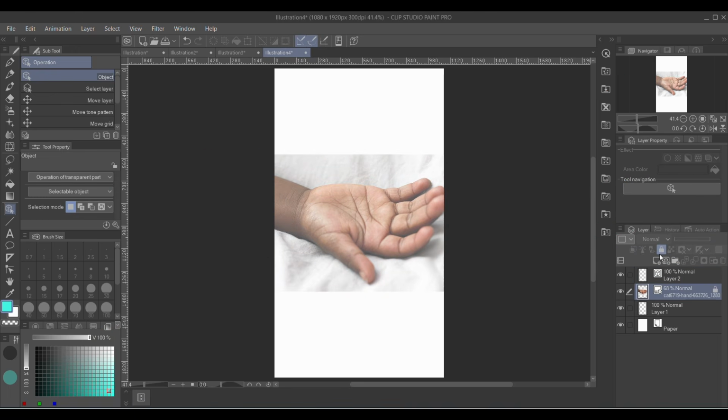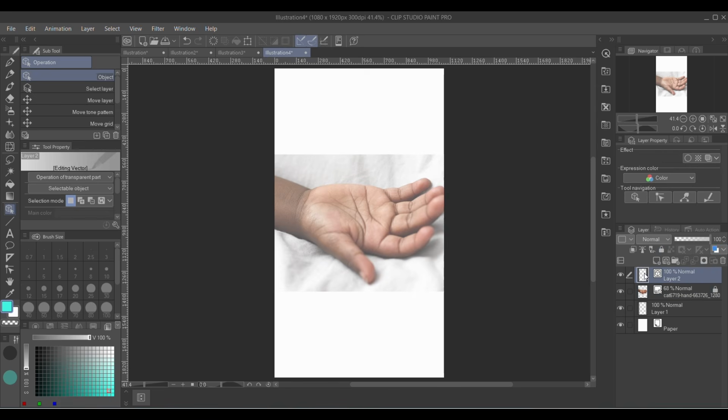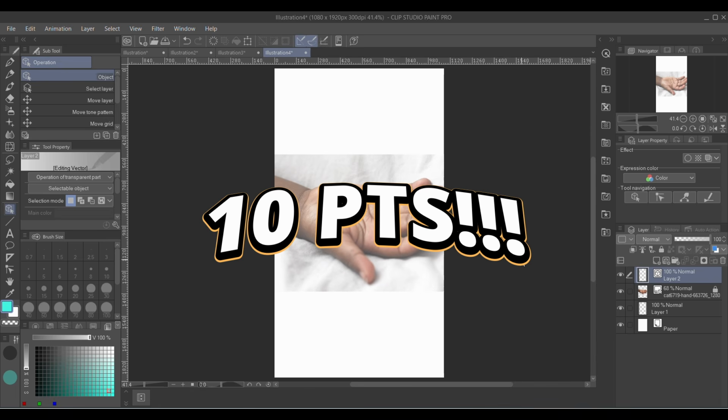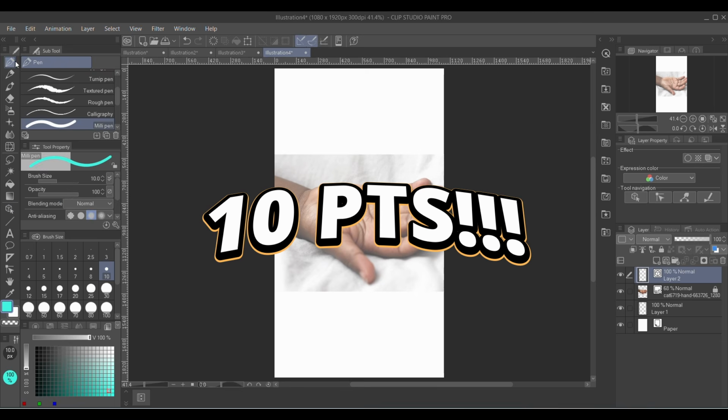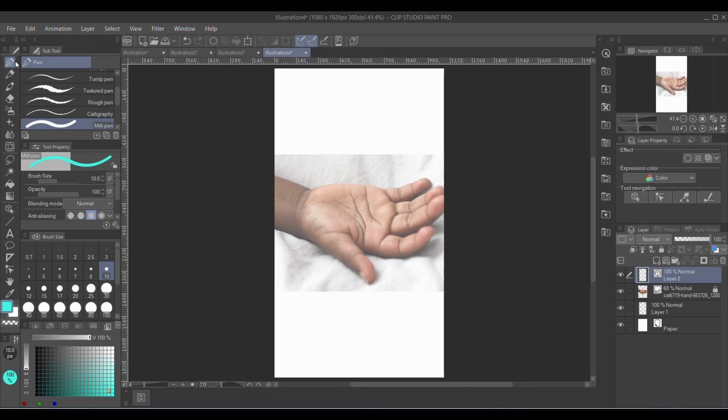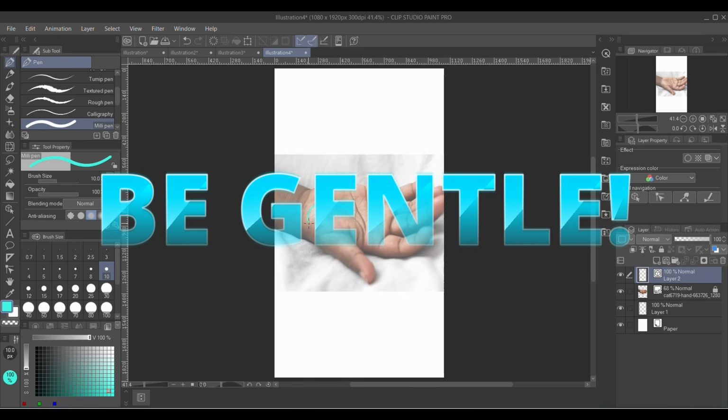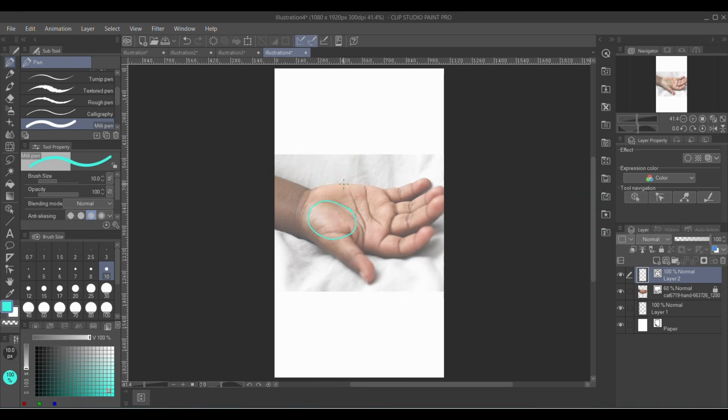I forgot to do the opacity on the rose before, but if you remembered, 10 points for you. Okay, we're going to do the exact same thing we did before. We're just going to identify where there are shapes. And the nice thing about when you draw a human is you can take something like your hand and go, what does this feel like? And so you feel where things like bones underneath there are. You want to be gentle, okay, don't hurt yourself,